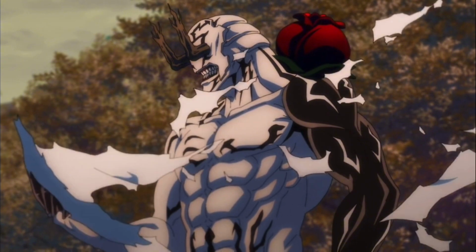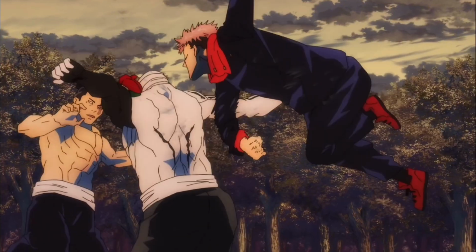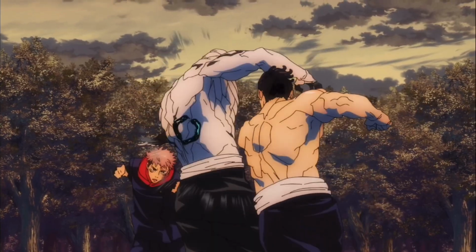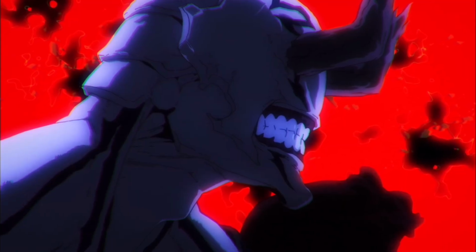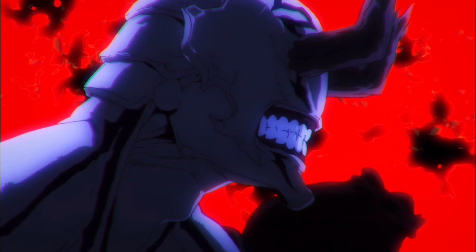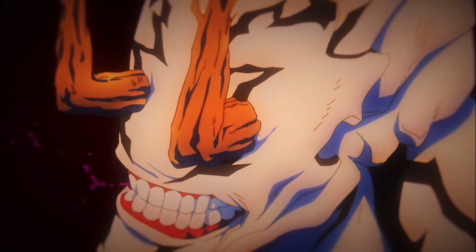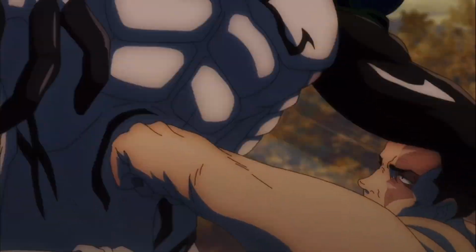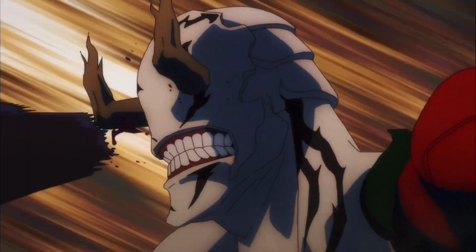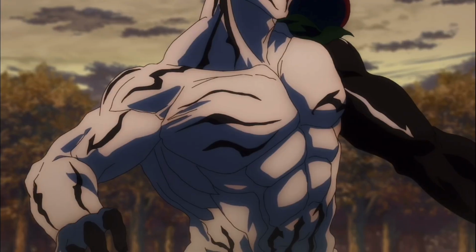Her strongest asset by far is her durability. She's able to tank a Black Flash assault from Yuji and Todo, something that Gege himself has confirmed that somebody like Jogo couldn't even survive. And on top of that, she ends up getting hit with a goddamn hollow purple after that and still survives. She's in no shape to fight after that, but still surviving one of the verse's strongest moves is a great feat. Hanami, of course, also has great strength and speed to go along with her durability,